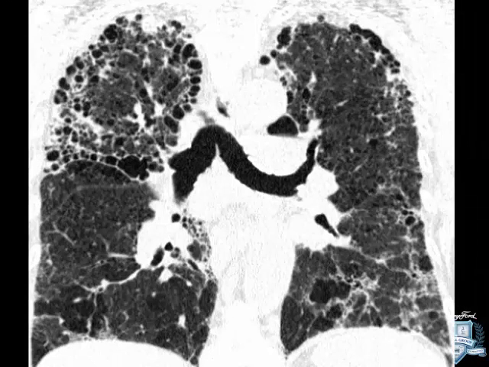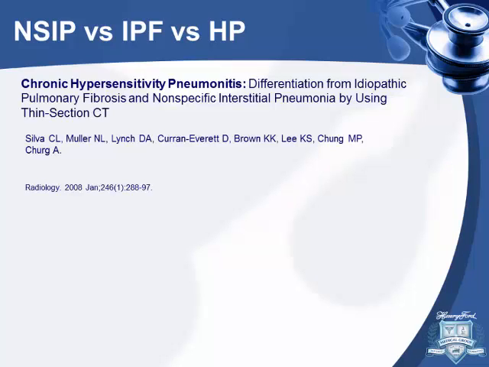And this is just a picture to show you that it usually spares the bases. That's a more common picture that you'll see on a CT scan. It's more middle and upper lobes. So this is actually